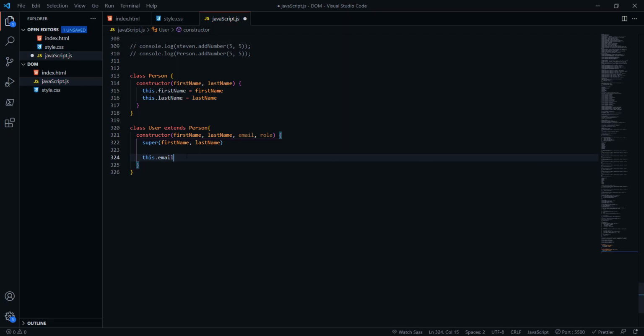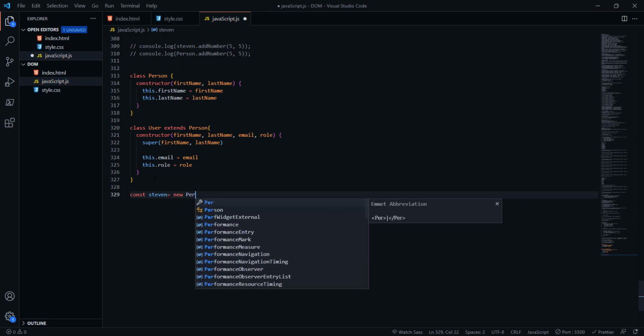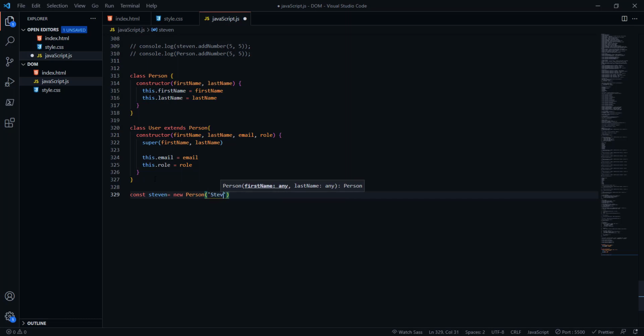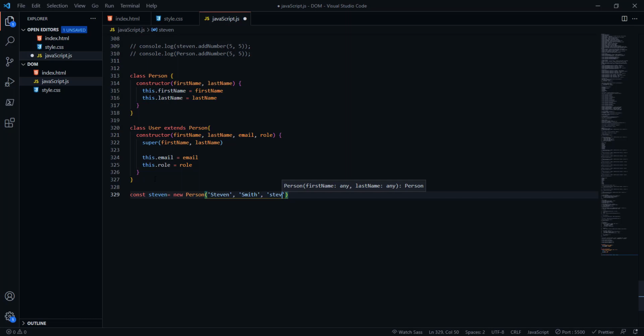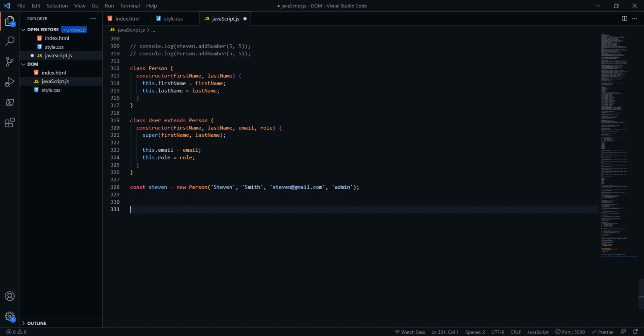this dot email, this dot role, and we have to log out. const steven is new Person, Steven Smith, steven at gmail.com, admin the role admin. console.log steven. When we save,